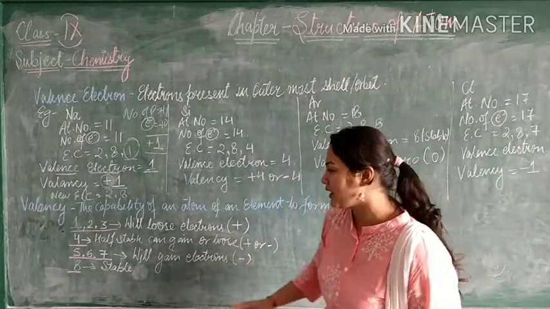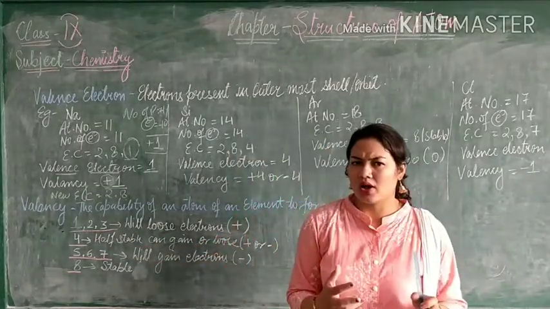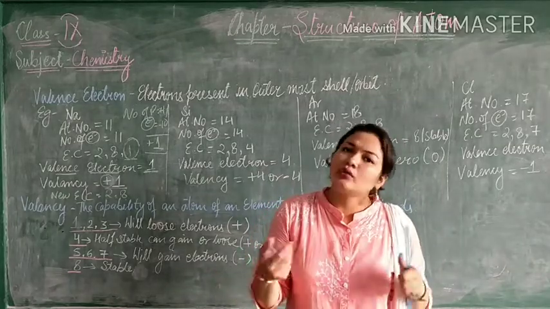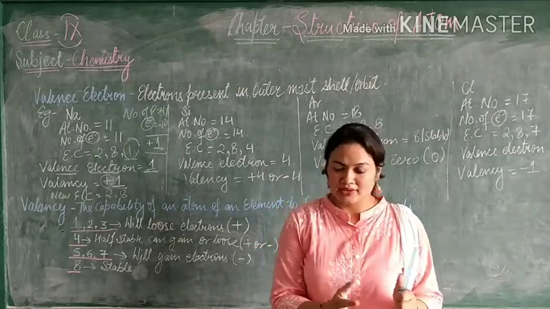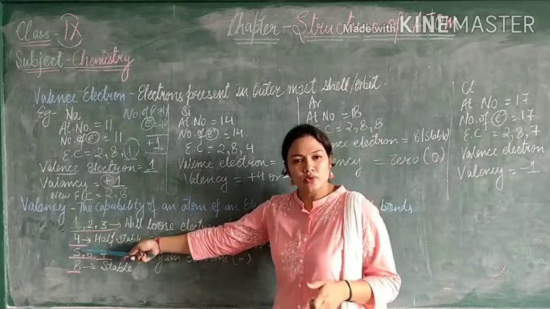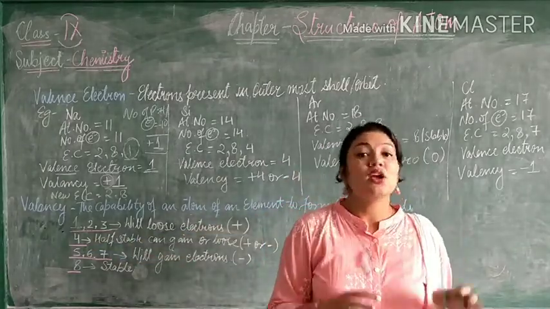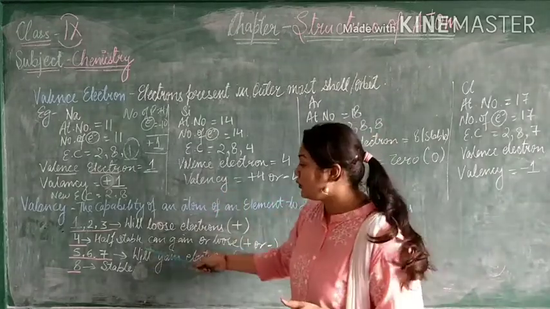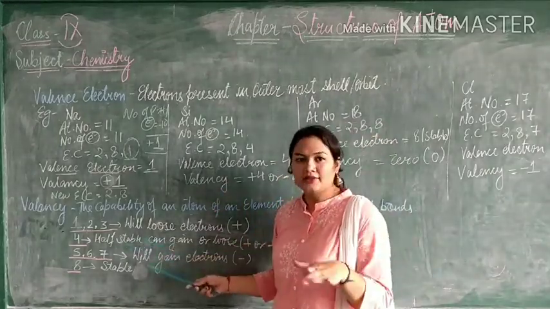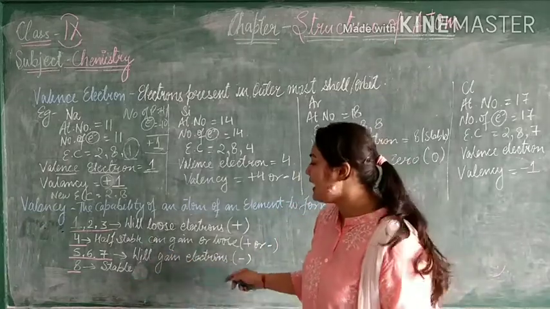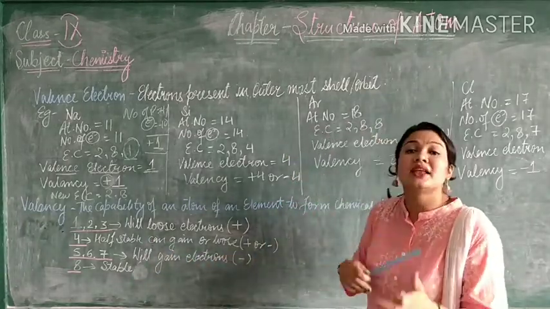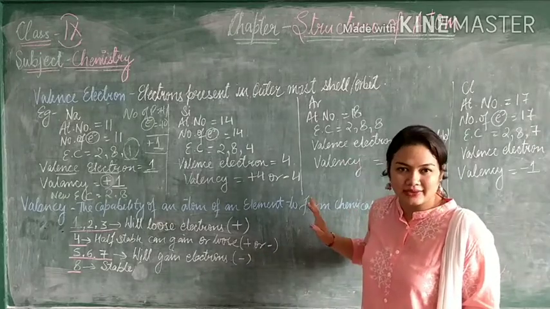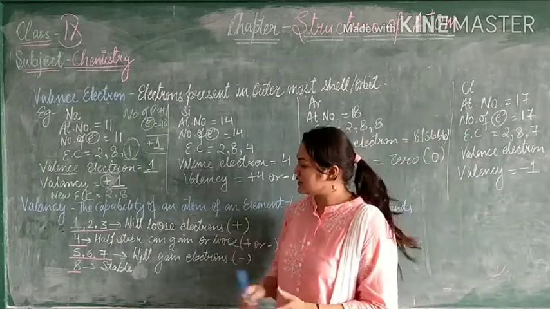And now the case comes of 4. अब 4 में क्या होगा? 4 में फोर्स को लेना है 8 बनाने के लिए, वो दे भी सकता है और वो ले भी सकता है. It is a very confusing case. So in this we say that whosoever element is having 4 valence electrons, we call it half stable. We say that the atom is half stable and it can gain electrons as well as lose electrons. So we put plus sign as well as minus sign. Okay, we will see in which case it happens.